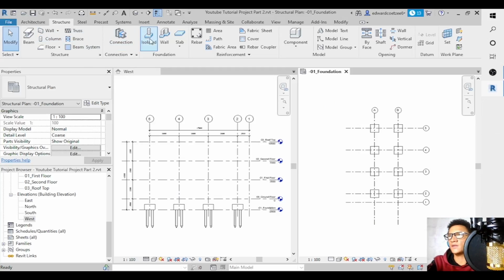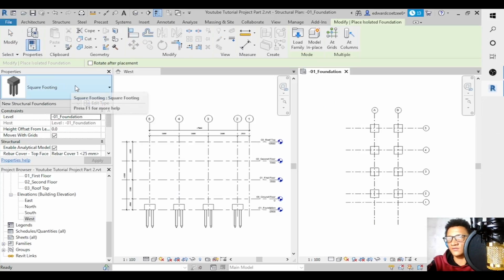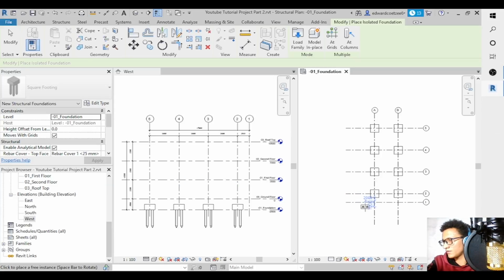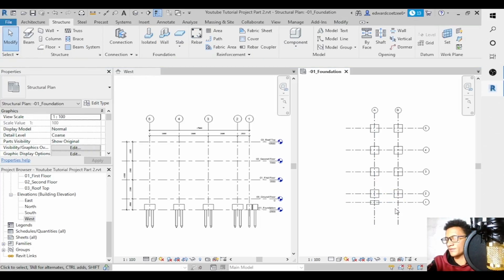Now we do the same for our rectangle, because remember that we modeled two footings and the other one was rectangle footing. We say open, and there we place that one, and that's it. So now we can see that we placed it the right way,